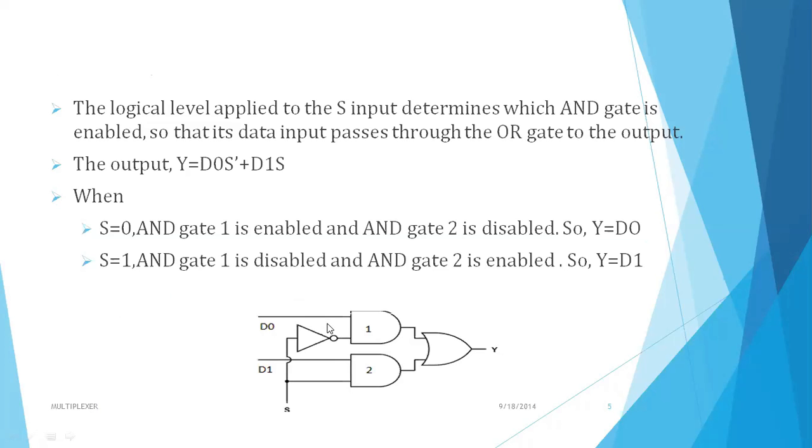Suppose D0 is 0 and the S value is 0. D0 value 0, and D1 value also 0. Now assume that D0 value is 1 and D1 value is 1. So if S is